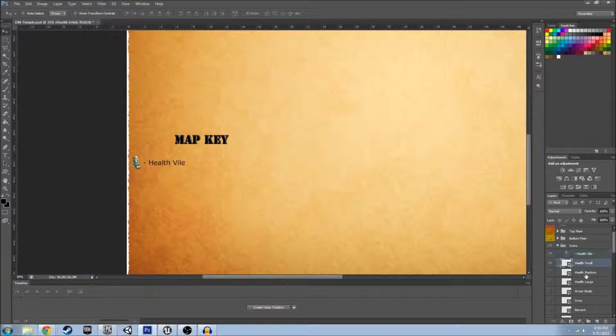Okay, and then the next one, we can hide these. Or, no, I'll just leave it. Okay. Then I want to bring our medium health down here. And you can tell the medium health is huge compared to our small health vial. So since I changed the layer type to Smart Object,